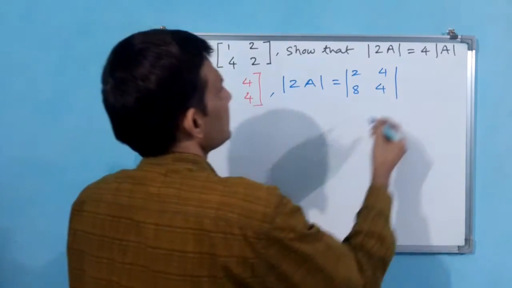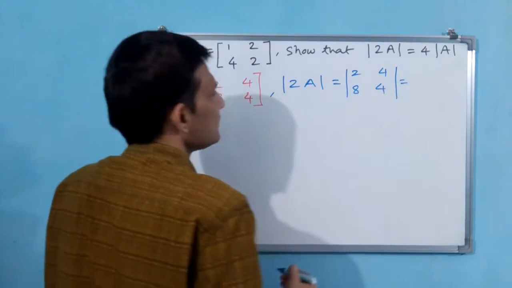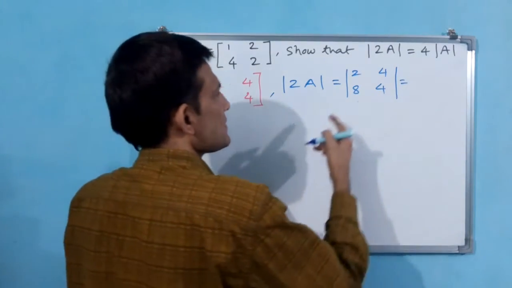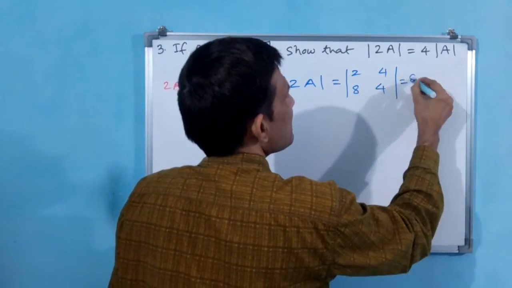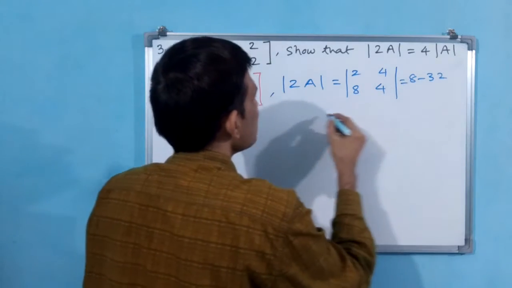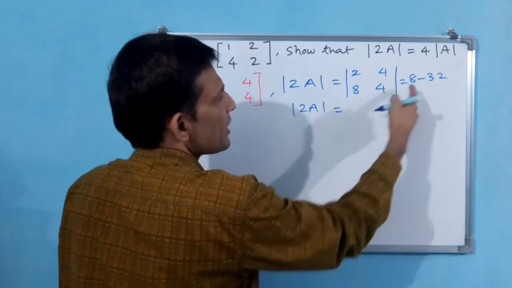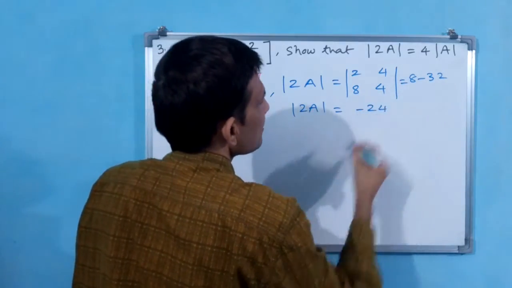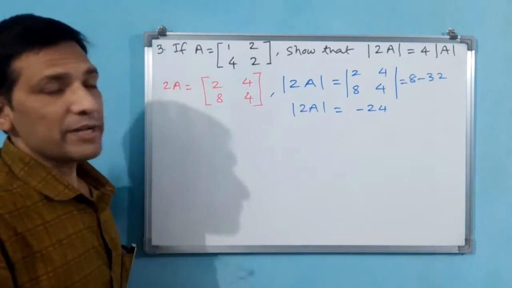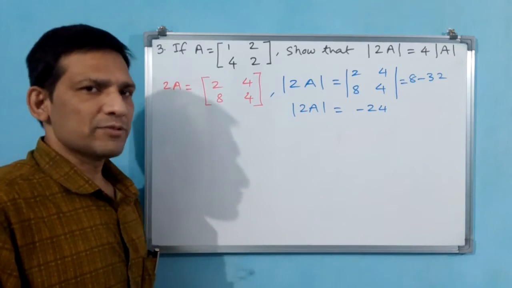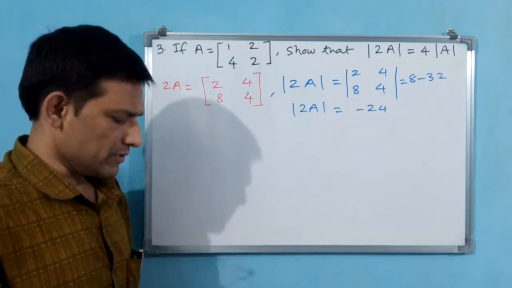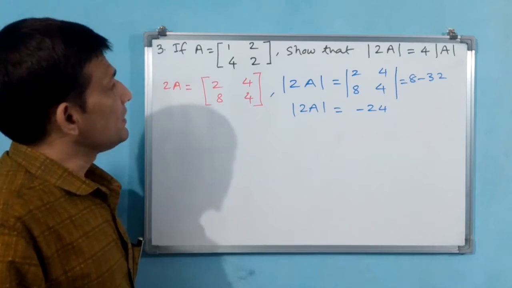Okay? That is equal to 8 minus 32. That means determinant of 2A is equal to minus 24. Is it okay? First you see 8 minus 32. 32 minus 8 is 24. 8 minus 32 is minus 24. Okay. Now let us take this